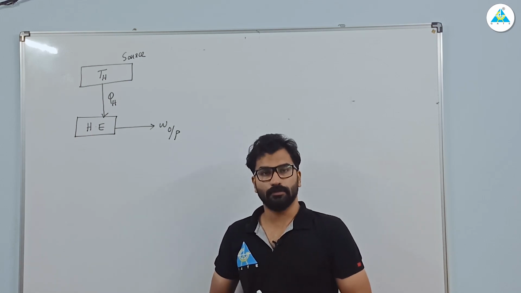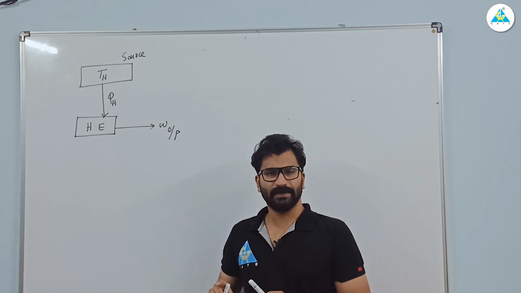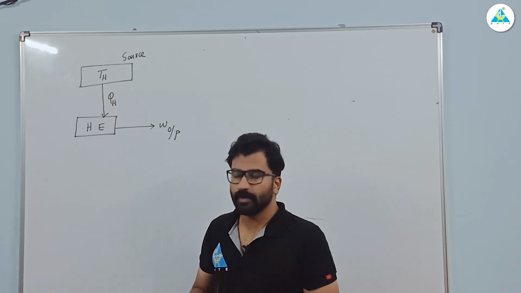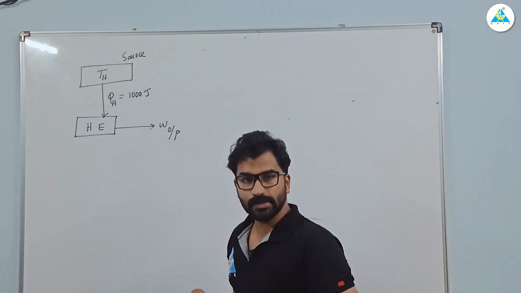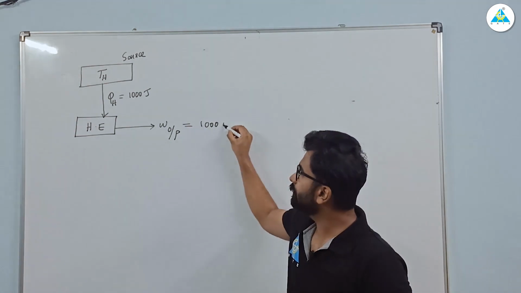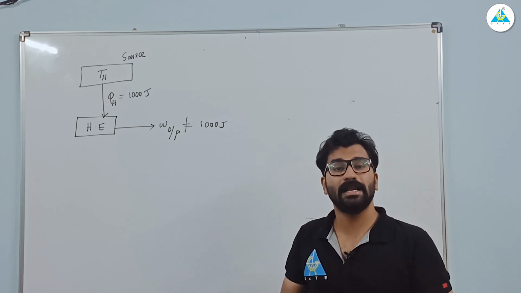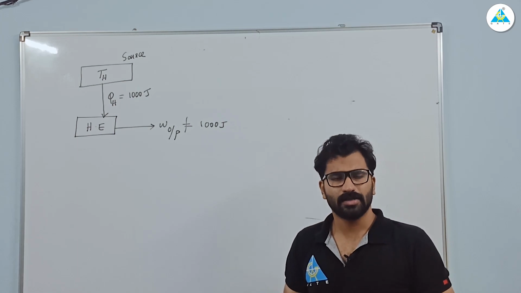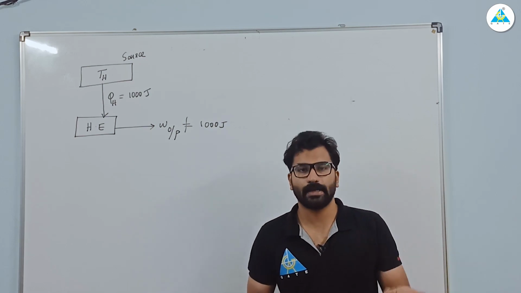Now what is the problem? According to the second law of thermodynamics, the basic logic is very simple. We cannot fully convert this heat to work. For example, if you take 1000 joule of energy from the source, you will never be able to give work output equal to 1000 joule. This is never possible. Still people are trying to equate this value, they are still trying. Is there any way we can convert this fully? No, it's not possible. Clear? So that is our second law simply.